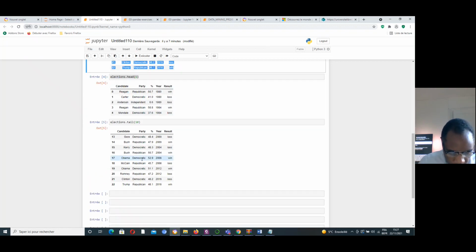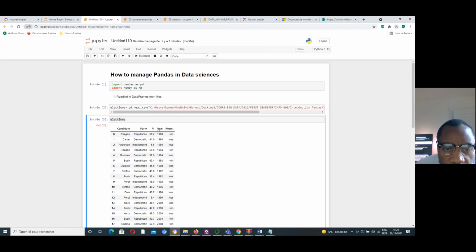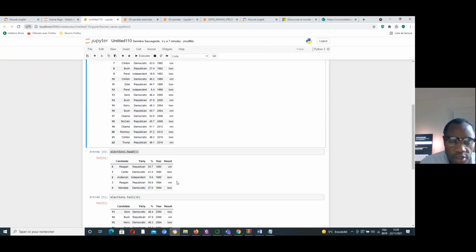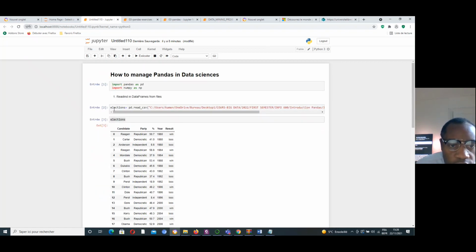Okay, great. We need to specify a column to use as an index. For example, we can use year as the index. How to do that if you decide to select year as the index?